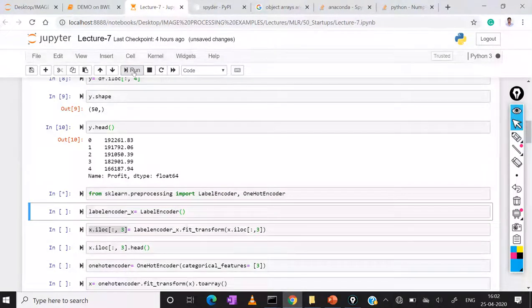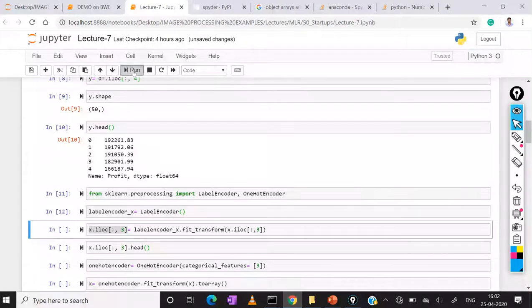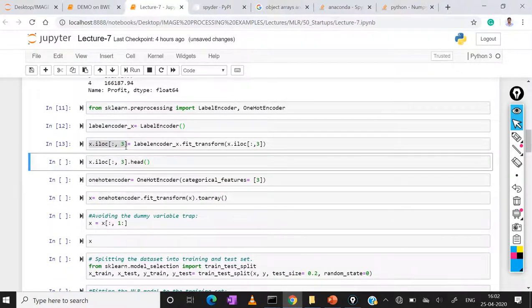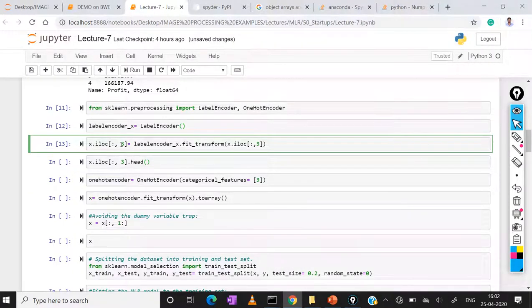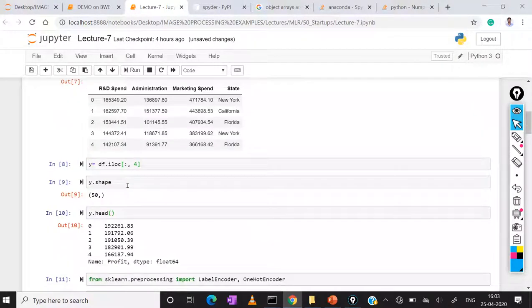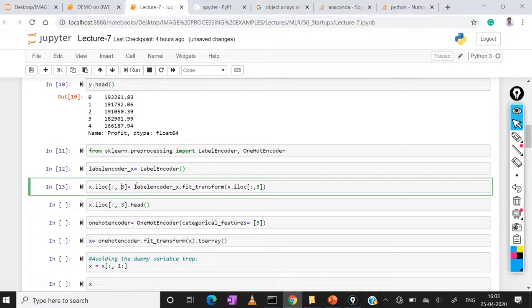So the label encoding technique converts categorical data into numerical data. Here, in cell number 13, among all the independent variables, I am applying it on the third column, counting 0 1 2 3. This third column is the state column, and in this state column we are applying the